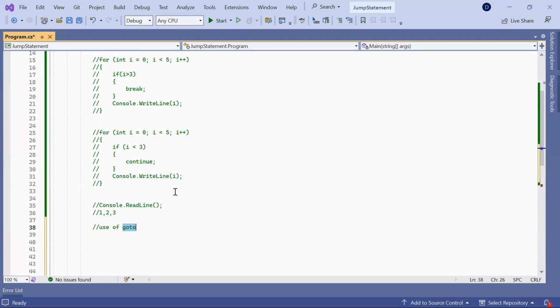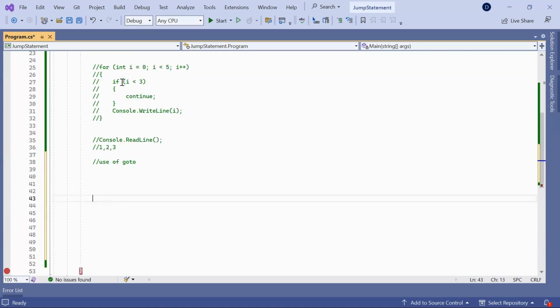You can go through that and use that jump statement. You can execute multiple cases at a single time as well. So these are the jump statements we can frequently use in the switch case statement. But here I can demonstrate the goto statement in a different scenario. So let's